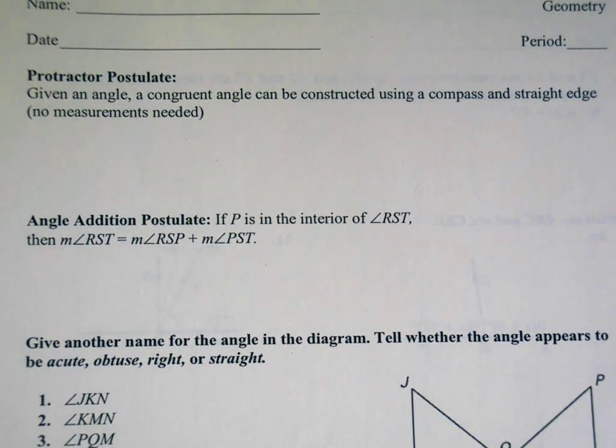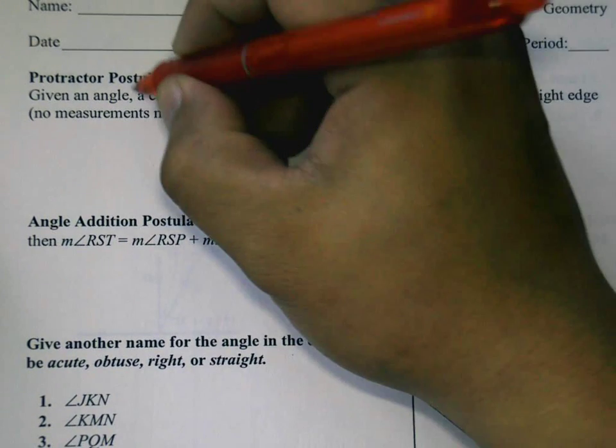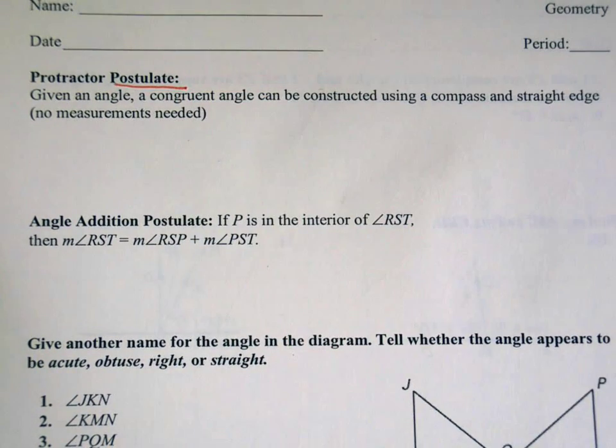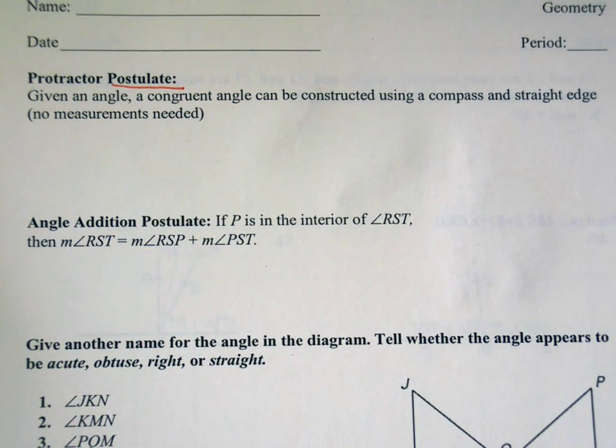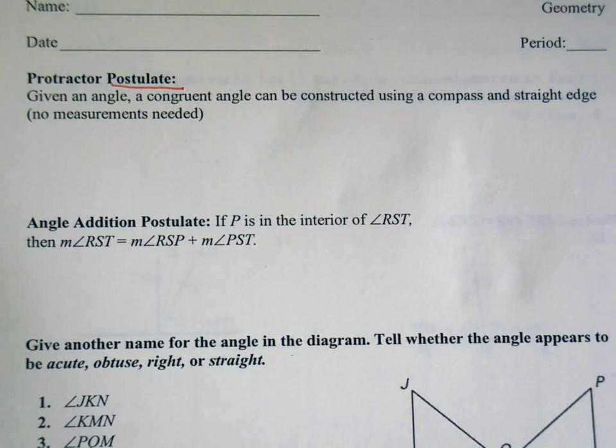We're going to continue our series of videos on the basics of angles here, and we're going to deal with another postulate, which is called the protractor postulate. So just a little quick recall. You might want to look at some of your previous notes to see what a postulate means, and then continue with this video. So this one says that given an angle, a congruent angle can be constructed using a compass